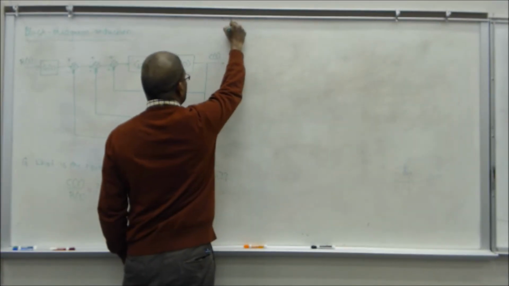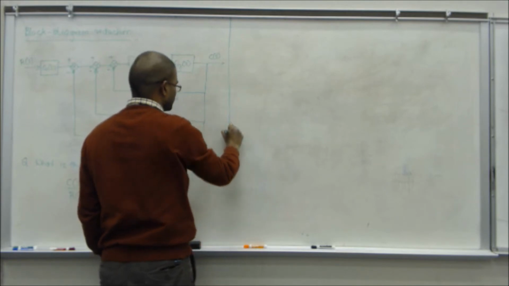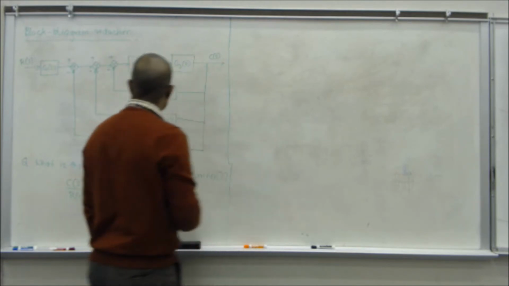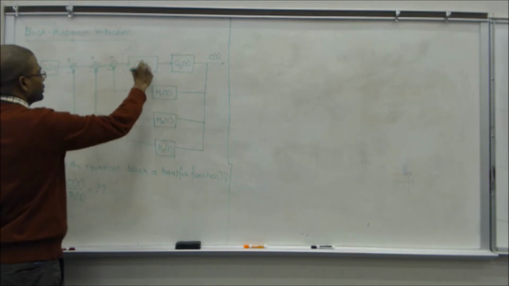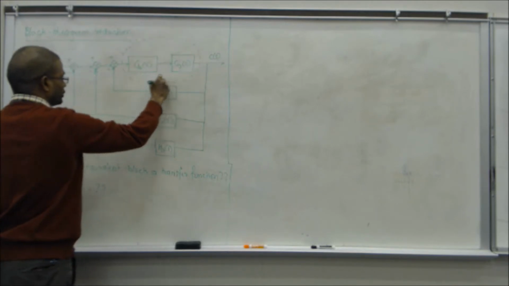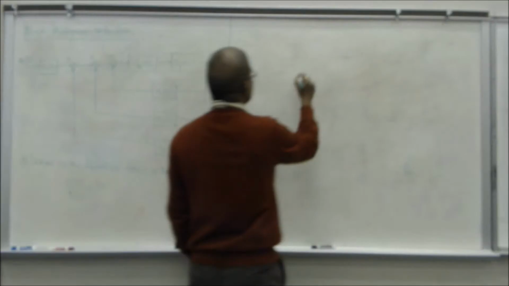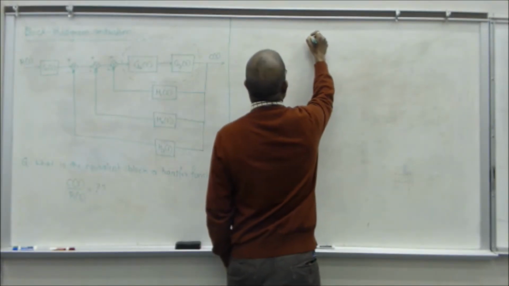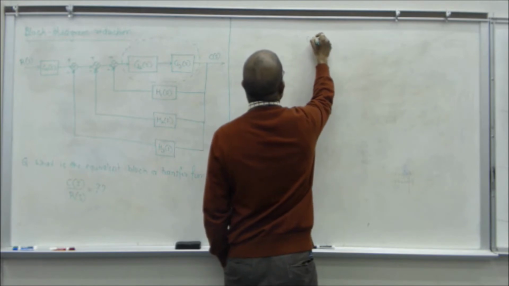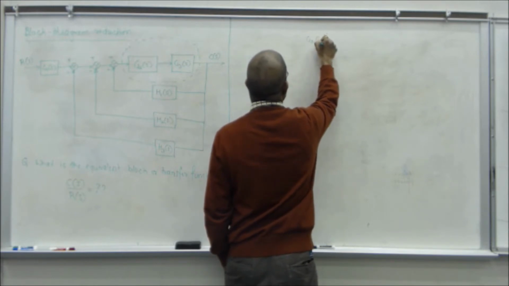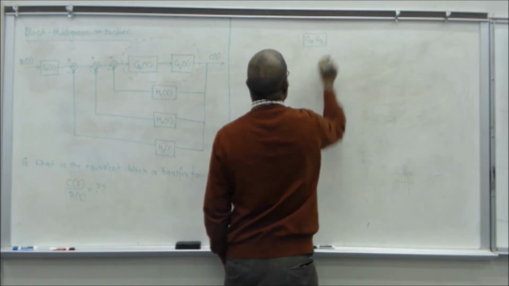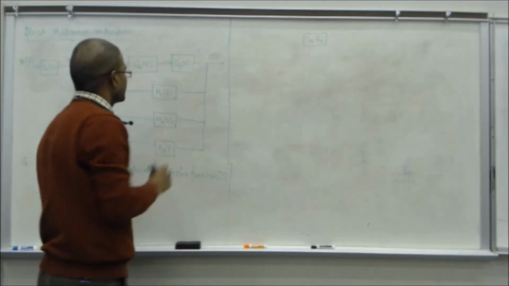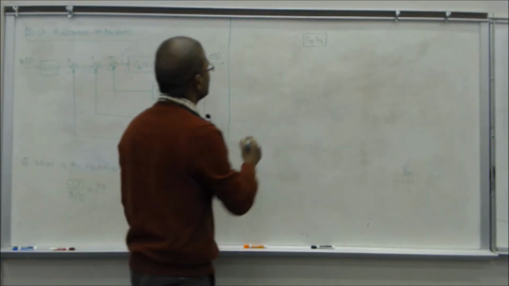Now you've learned the three forms of block diagram reduction, right? So you have to employ those three types. The first one you're going to see is this one, right? You can do a cascade on this one. So you're going to have G2, G3. I'm going to omit the S part; it's understood that it is G2 of S and G3 of S, okay? And then you have